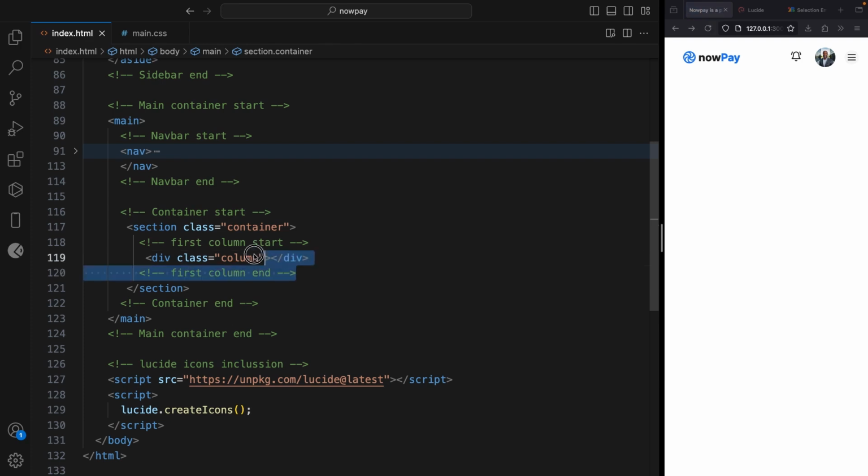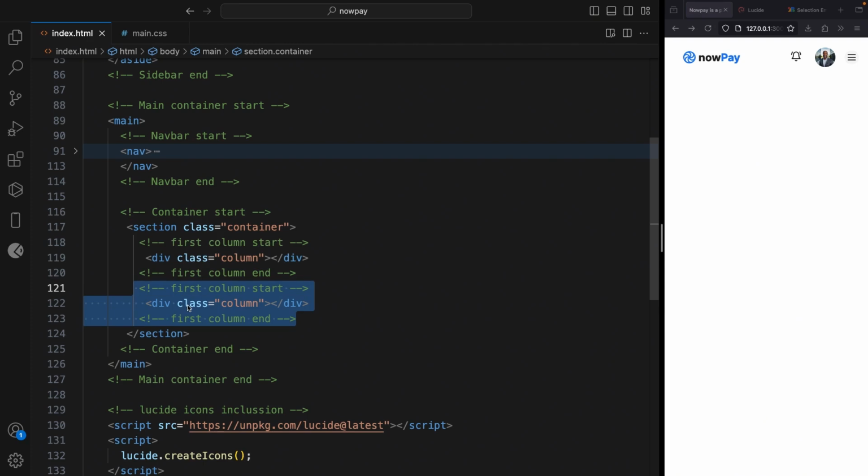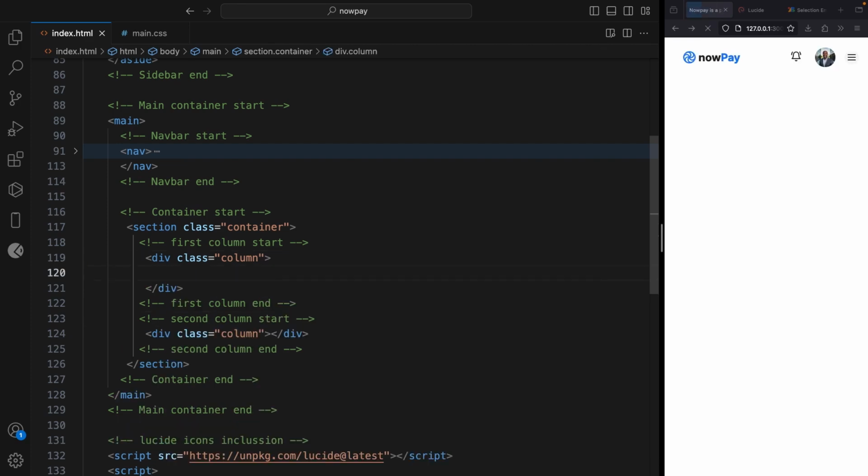Okay, and I'm going to duplicate this thing, duplicate it, and I'm going to say here second, and let's change this one to second also. All right, so from here, let's go ahead and create something. I'm going to use H2 here. Let's give it a class of title, and I'm going to save my